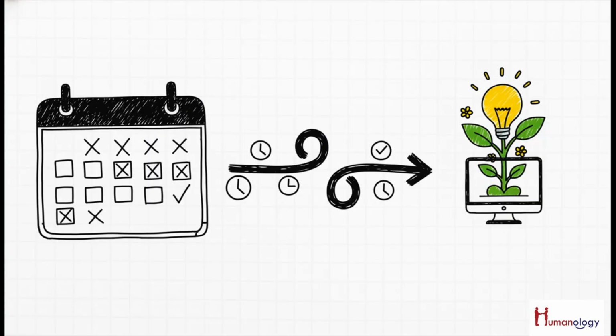I mean, think about it. Would you keep going back to a coffee shop if it was randomly closed half the time? Of course not. A regular posting schedule sends a powerful signal to your readers, and to search engines, by the way, that your blog is alive, it's active, and it's a reliable place to get good information. Consistency builds trust, and more importantly, it builds a habit for your readers.